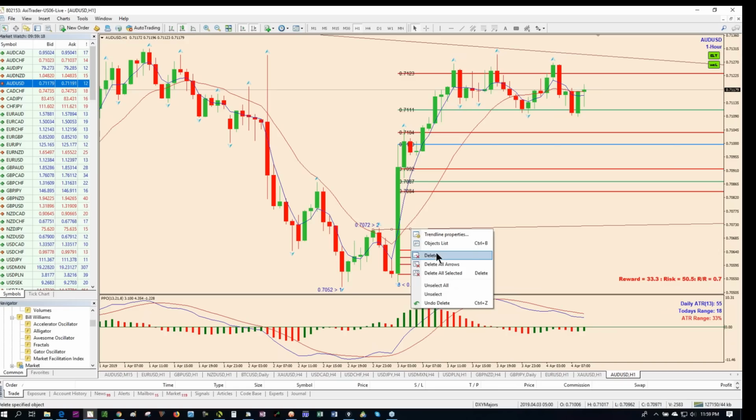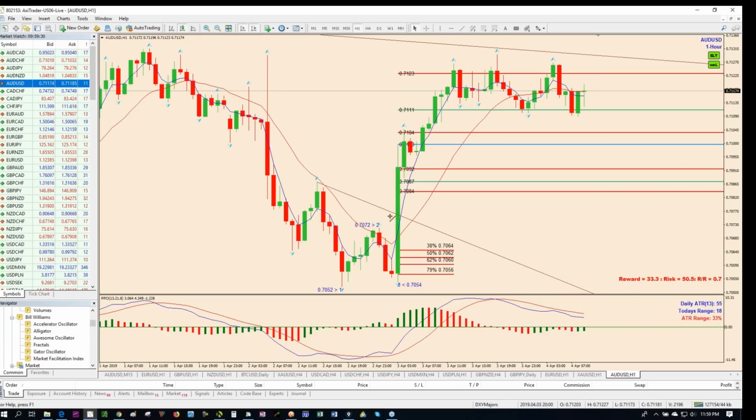Also, there's another entry that, based on the previous, let me get that, there it is. Based on the previous high coming down from the previous move down, you can enter via a break of this diagonal line. So that's another alternate entry, which is usually very close to the golden cross, and you can either use a market order at that point. So you have a few different ways of entering the trade,